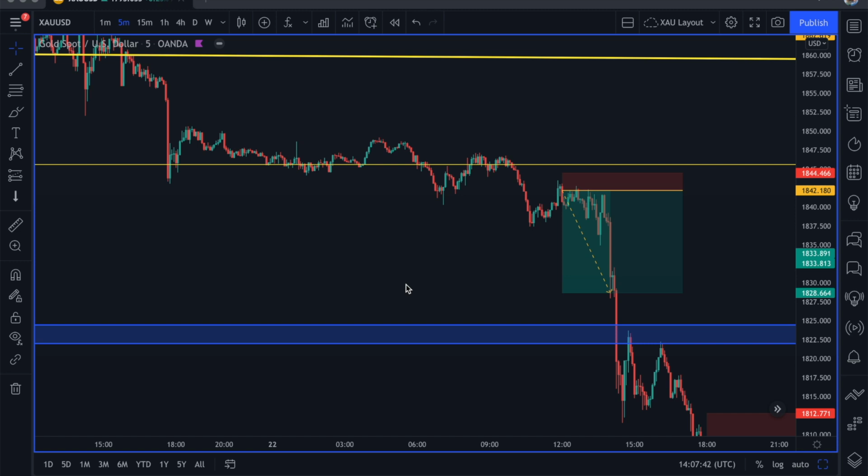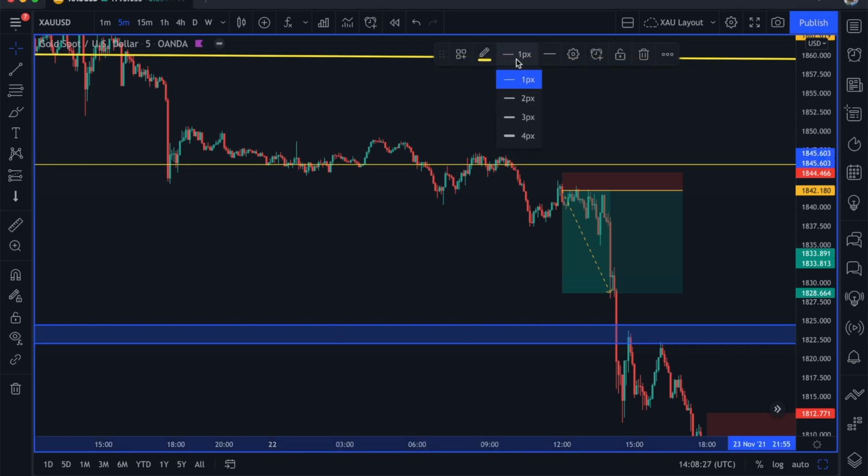Before I jump into my analysis today, as always, I like to go over previous week's results and how we did. So the first thing we're going to go through is XAU USD and the trade that we took on the Monday. As you can see, we did capitalize on a short position on gold on the Monday afternoon, which was brilliant. This was a case of waiting for the break in structure that I had drawn out on this